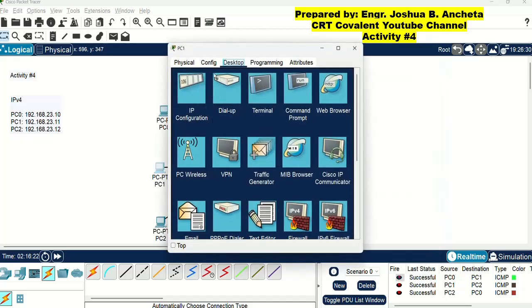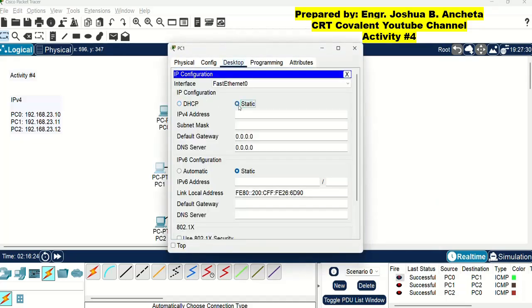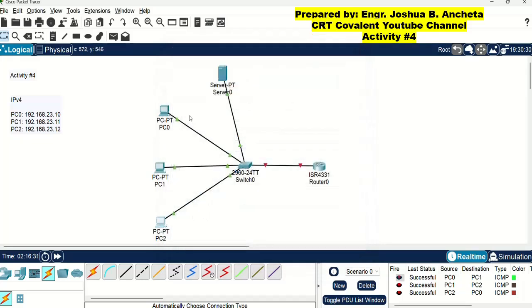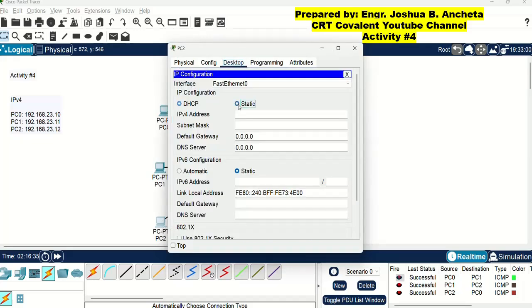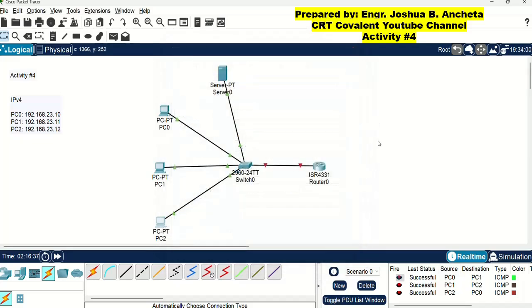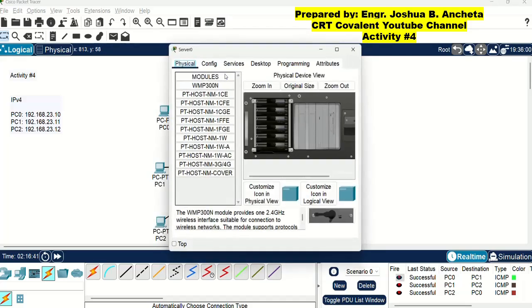Same thing with other PC. Click the static again. So the IP address is now blank. For the third PC, go to desktop, ipconfig and click static. Okay. So now let us go to the server.